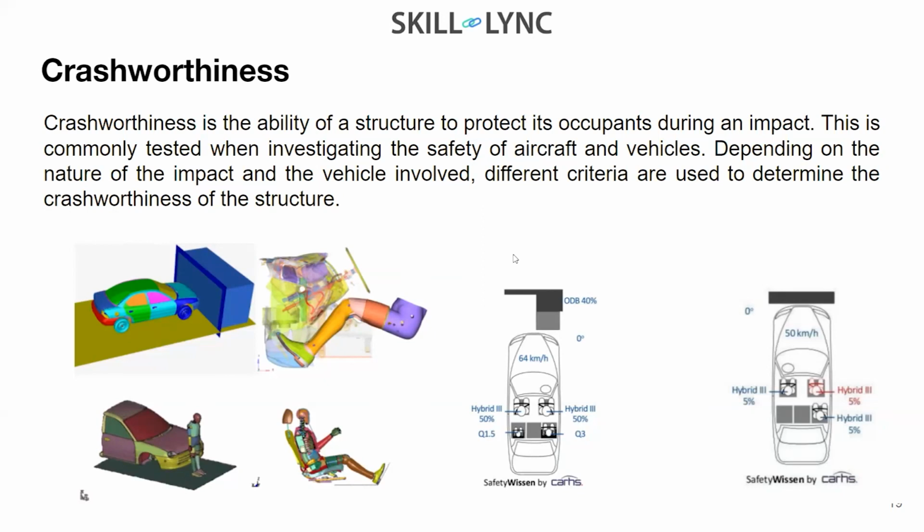Over here you can see a passenger outside the car colliding with the car. What are the criteria which can happen? Again, here you can see this car body crashing into a wall. What criteria can be seen? Suppose you have a frontal crash, but the wall, instead of being planar, is slightly in the forward position. Depending upon the velocity of your car body, these things also vary. For 50 km/h the crashworthiness results will obviously be different from those for a car with a velocity of 64 km/h.